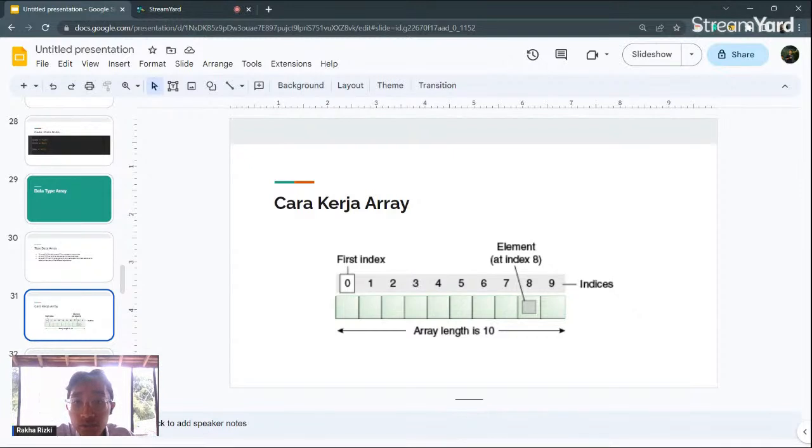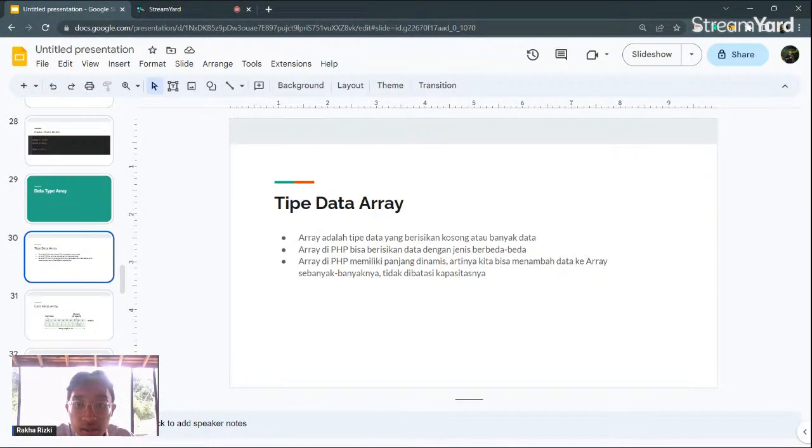How does an array work? Array is a data type, and it can hold more data. An array in PHP can have different kinds of data.